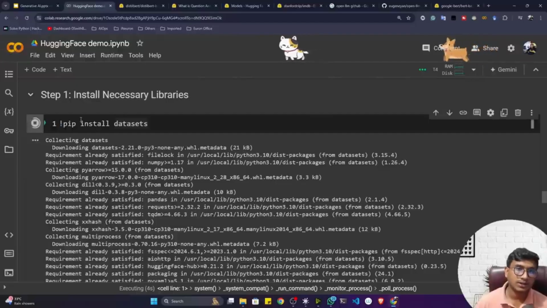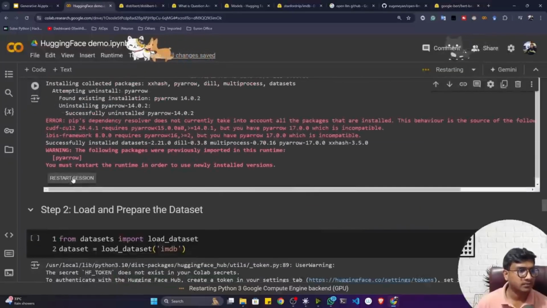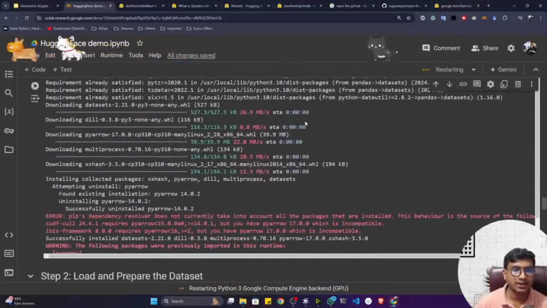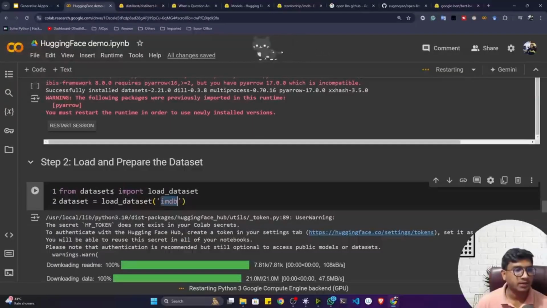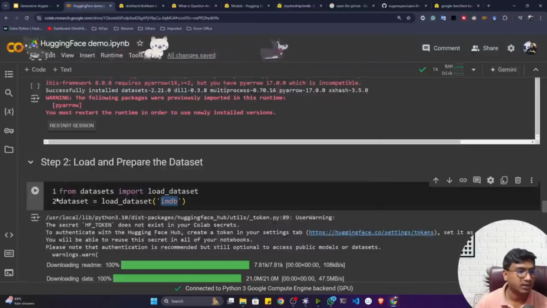and make sure you also install transformers. I already installed transformers, so I'm not going to install it again. Now you have to restart the runtime. Now see, it is restarting the runtime. After that, we'll load the data, and loading data is very easy. You just need to give the dataset name. There is a load_dataset function inside datasets. You have to call it, and inside that pass the dataset name. It will automatically download the data from Hugging Face. Now see, this is the dataset name, IMDb. Just copy the name and give it here. It will automatically download. Now if I show you,